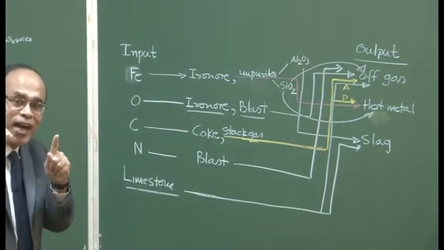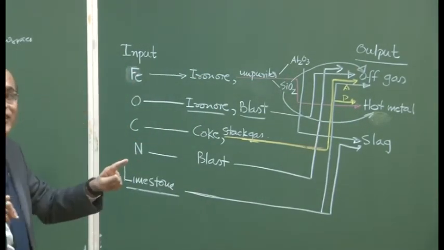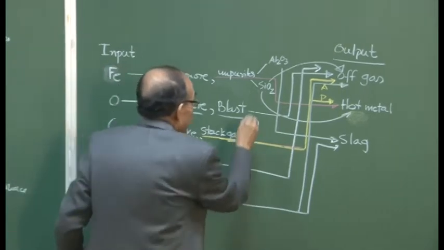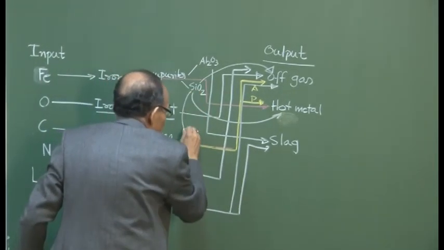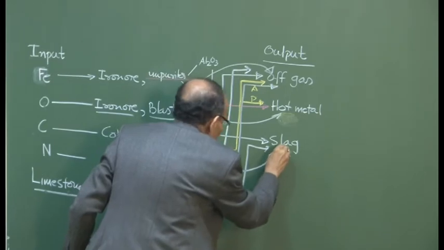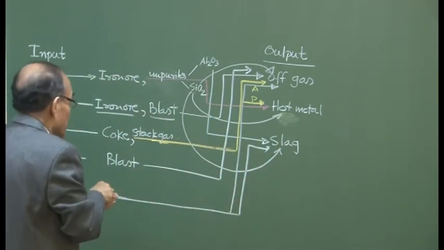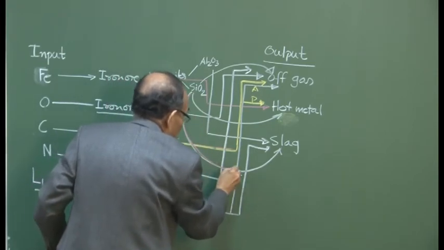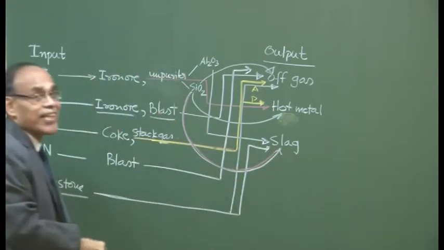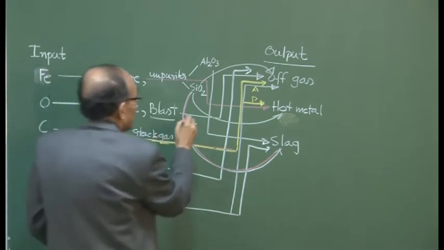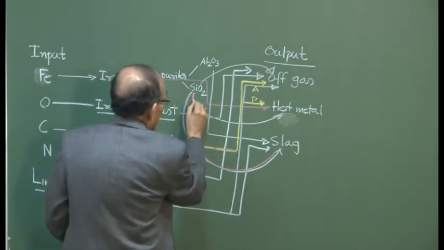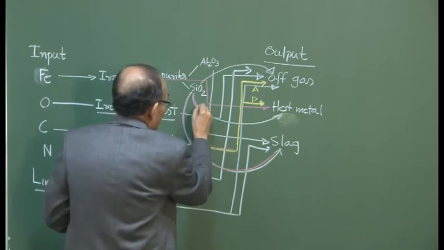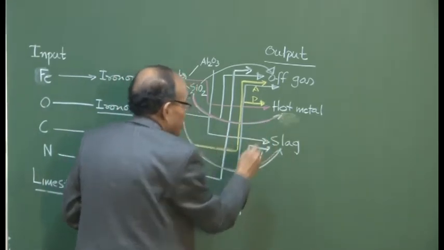And that part of silica which is not reduced in the blast furnace, the entire amount, will go into the slag. So this is very important, understanding the process. This is the unreduced silica which manifests in the slag itself. This is the reduced silica which goes into the hot metal and remains in the hot metal